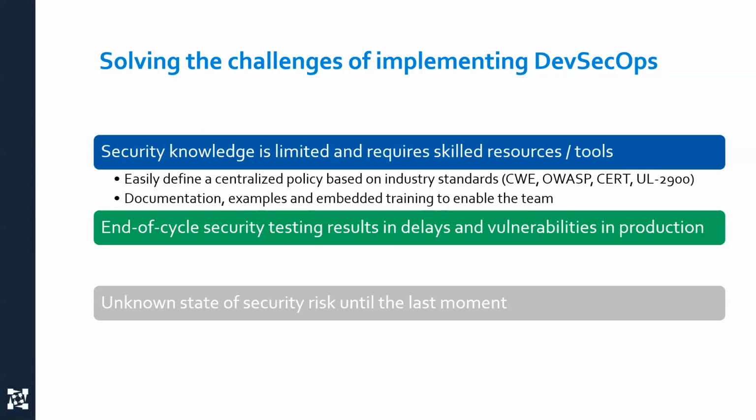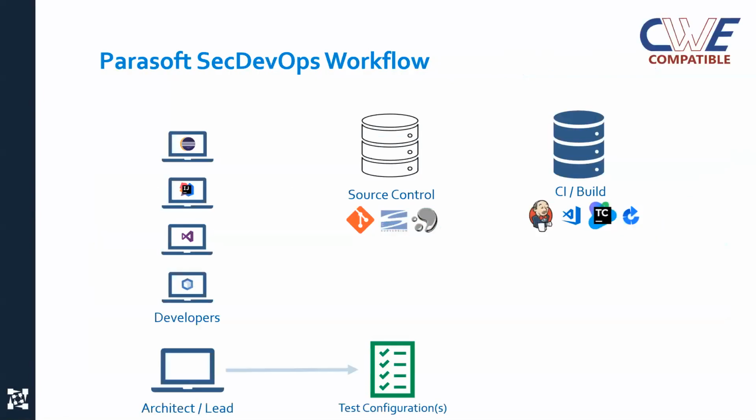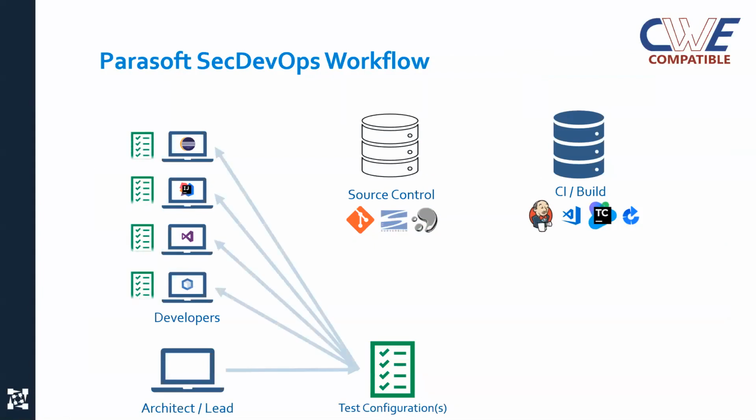So if we return back to our architectural diagram, we have our test configuration now, and then we have a number of developers within our ecosystem. The test configuration that Wilhelm created within our reporting and analytics platform is now available to the developers to leverage directly within their IDE. We support Eclipse, IntelliJ, NetBeans, as well as Visual Studio. And this gives you the ability to execute the analysis of the code before you check it into source control.